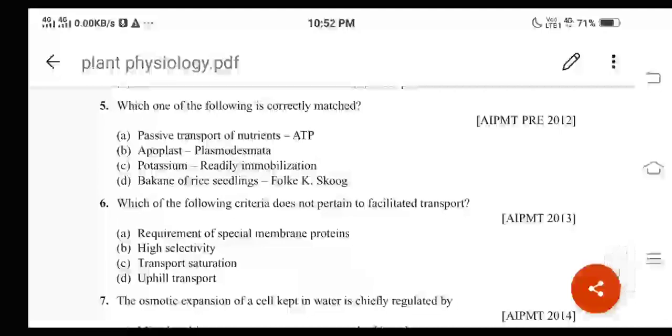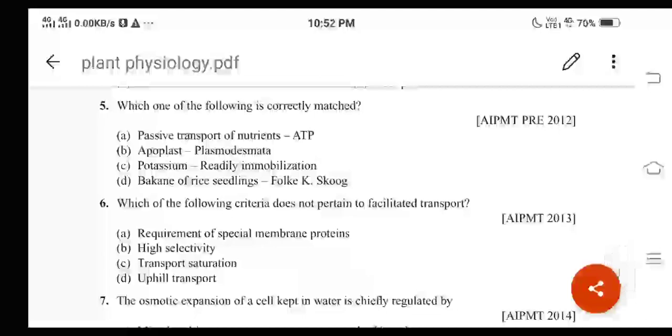Then C, potassium. Potassium, readily immobilized. Okay, and here option C is the correct answer. Potassium is readily immobilized. Okay, and the next one, D, bakanae of rice seedlings, folk K scoop. Okay, this is also incorrect, because bakanae of rice seedlings was discovered by